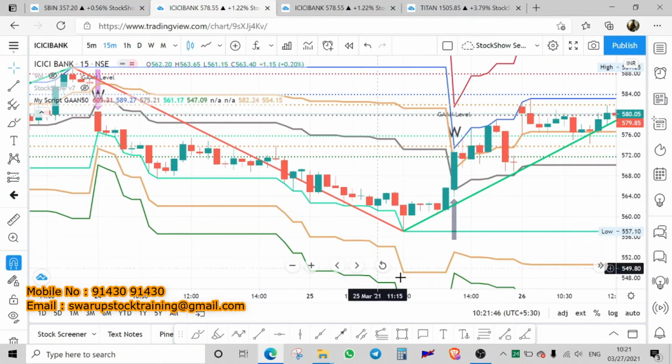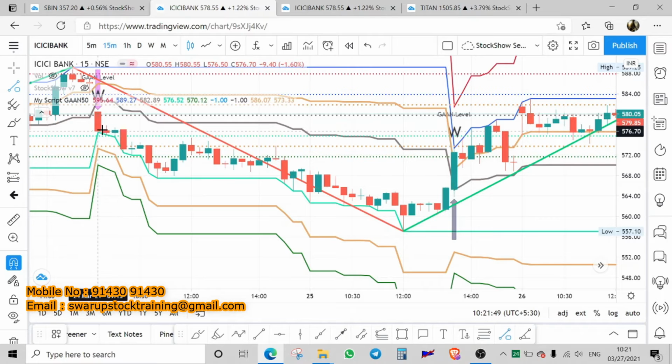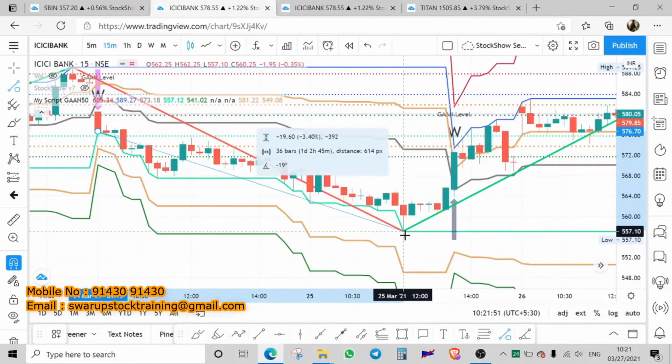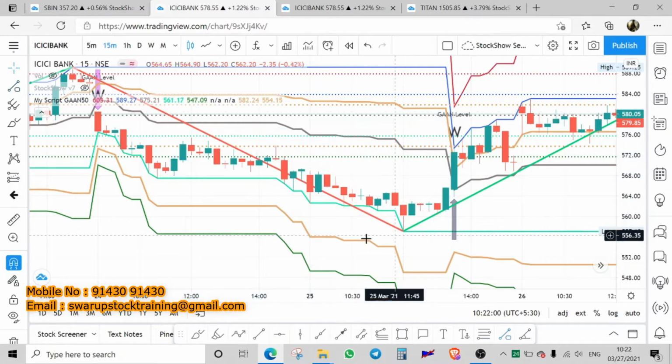How many bars? Let us see from here. This is only 36 bars. 36 bars means 2-3 days. Here the date was 15th March, and you have got this money at 25th March. So 1 day holding, the stock lot size is 1375. Let's say how much we could have minted, 576.75 and 557. Let's say you have not caught this level.